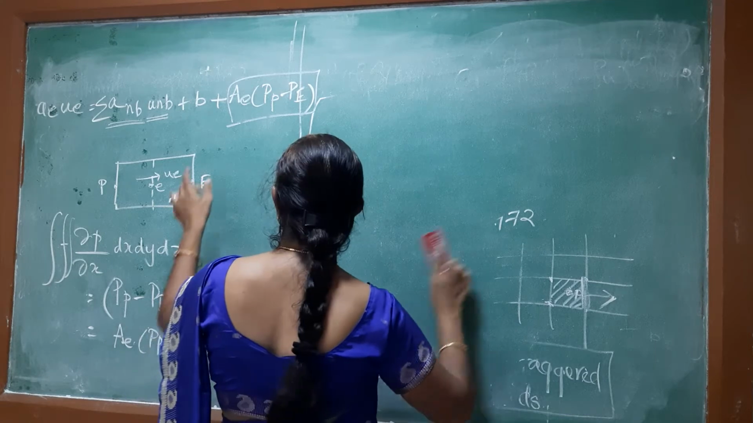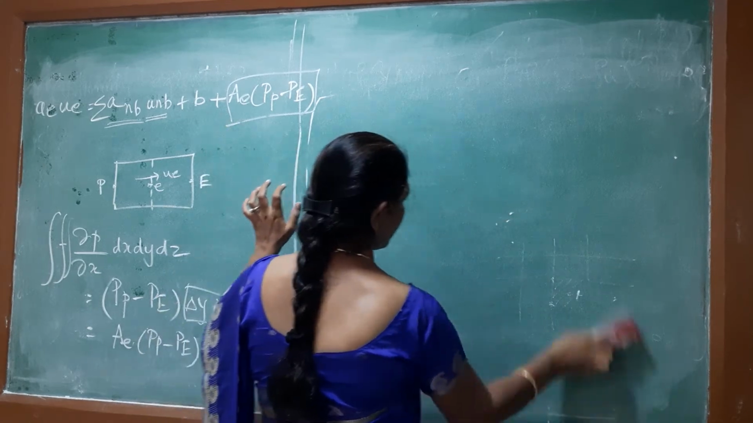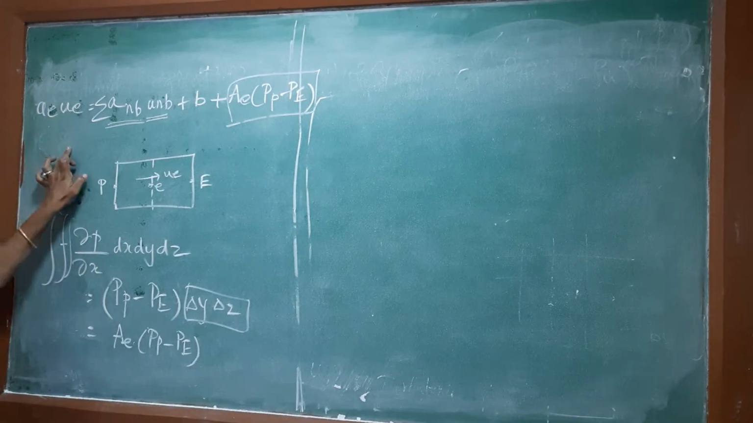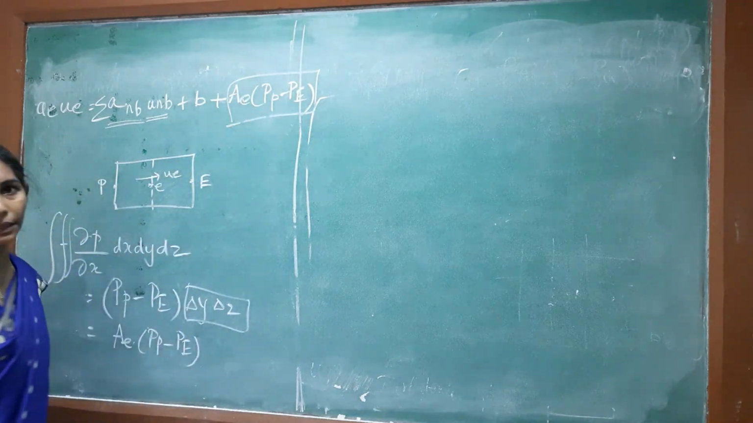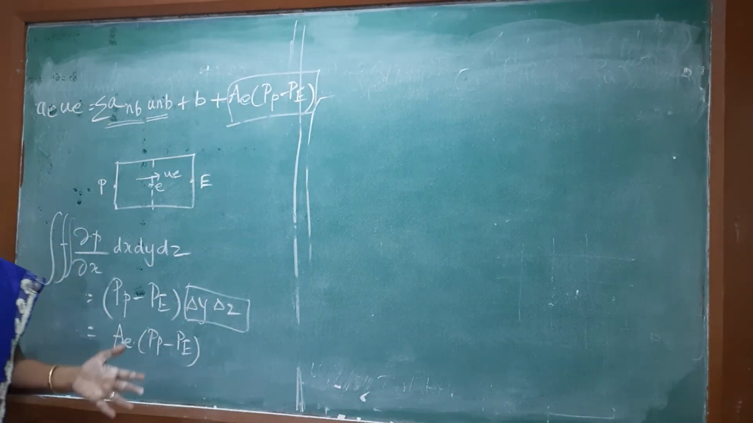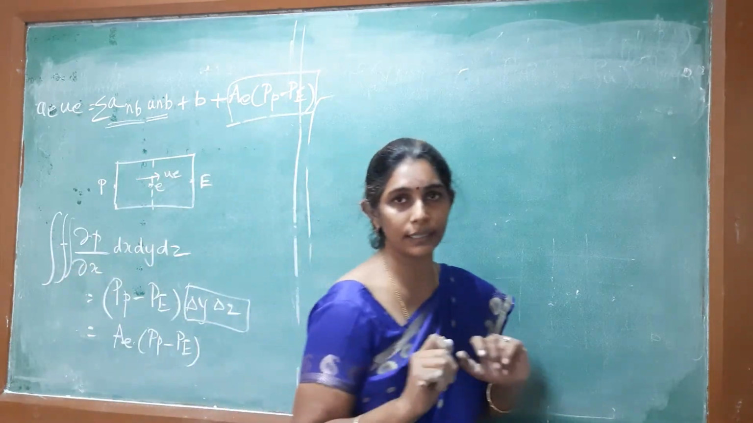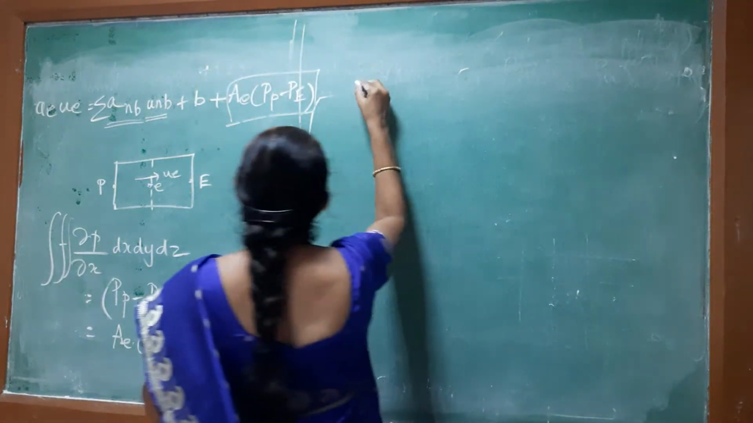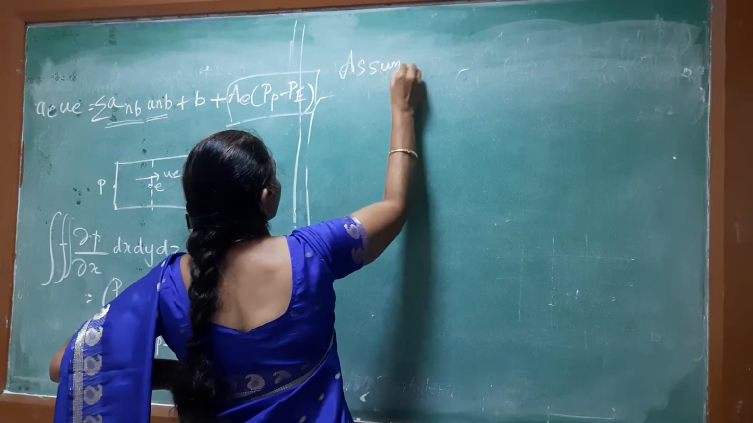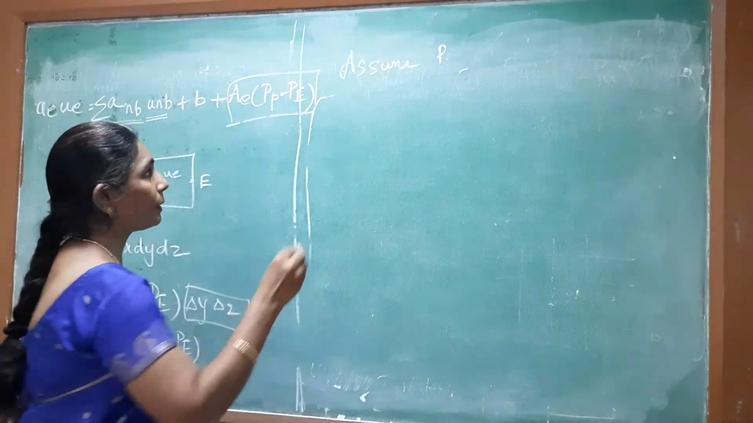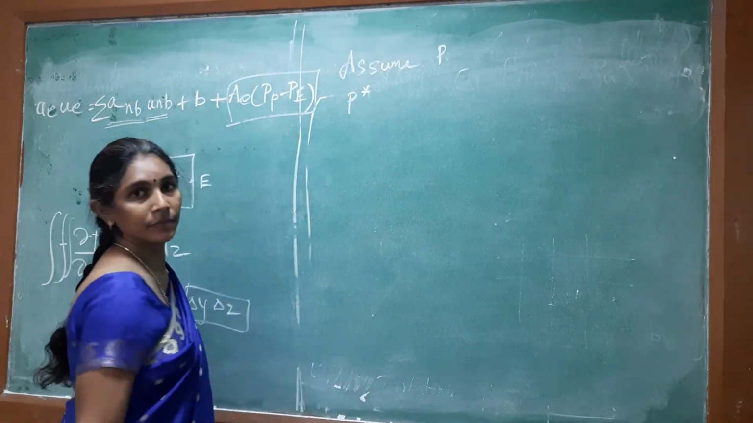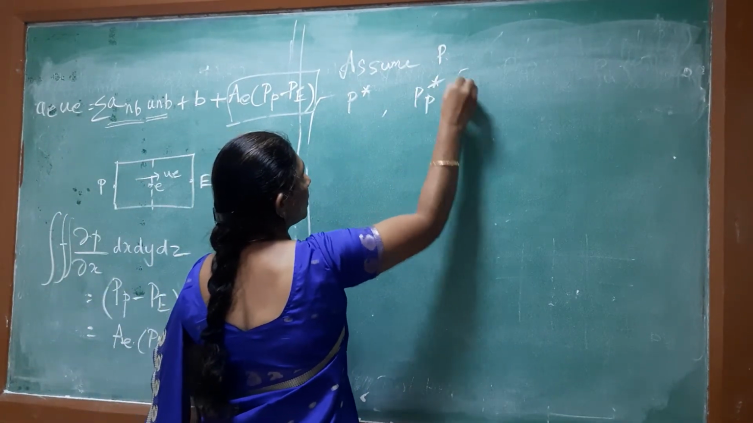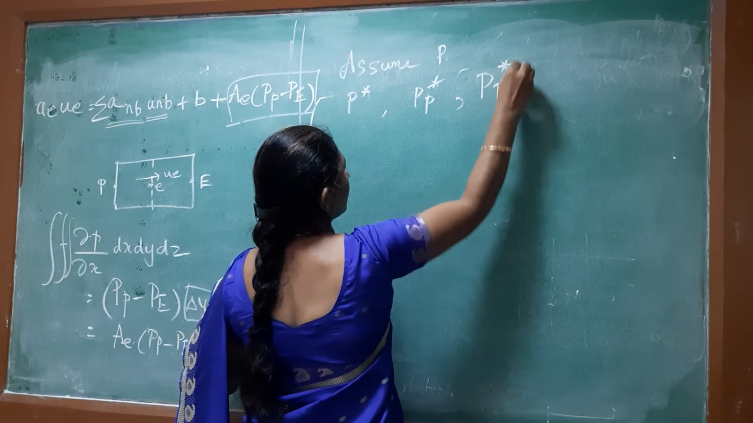Now you closely watch this equation. To calculate the velocity field, that is UE, we should definitely know the value of PP and PE, right? But here we do not have the value of pressure at points P as well as E. So what we are going to do is make an assumption of the value. So assume P. When I assume P, it is called P star. If I assume the value of P at PP, then it is called PP star. At PE, it is called PE star,